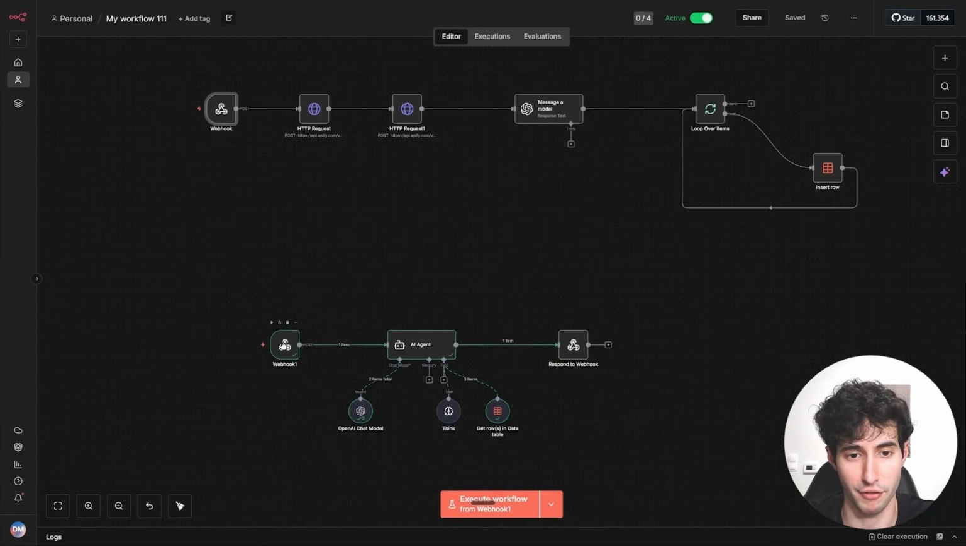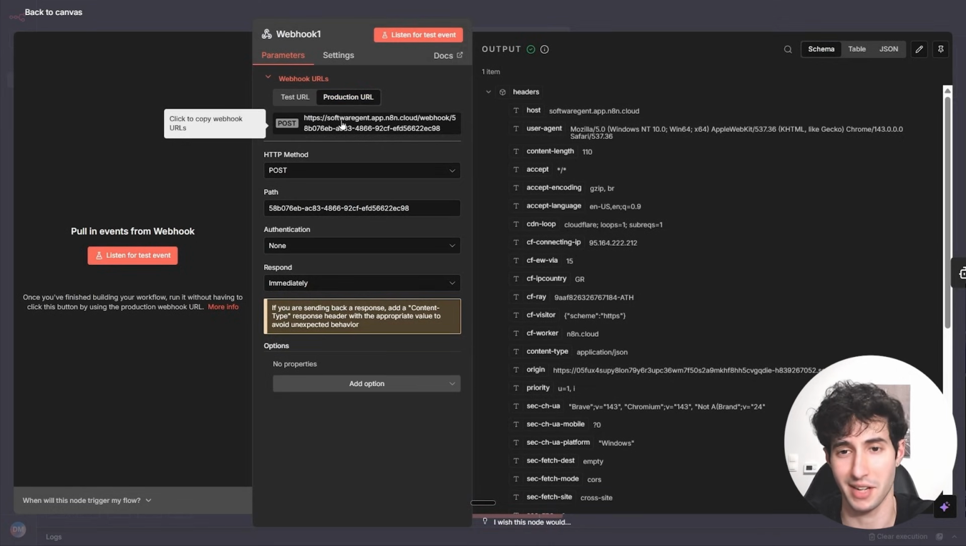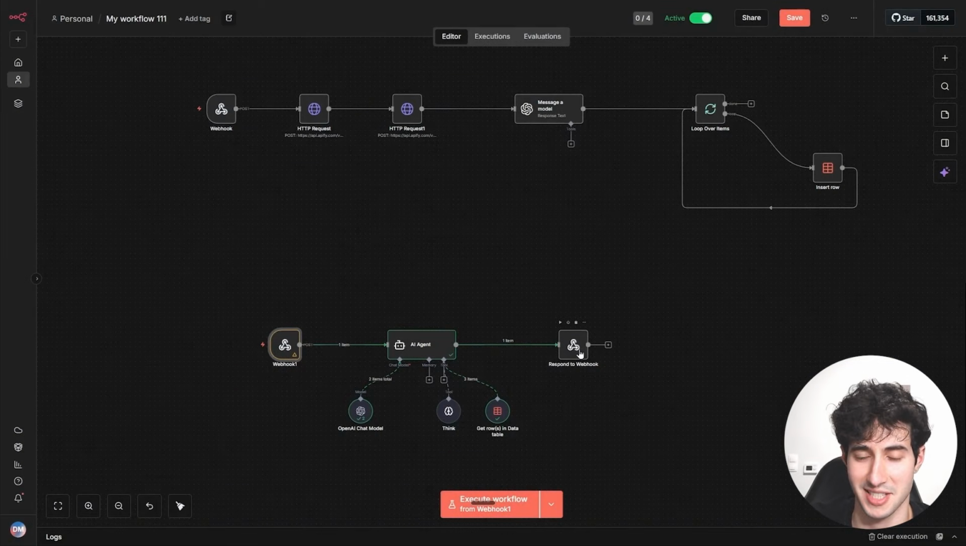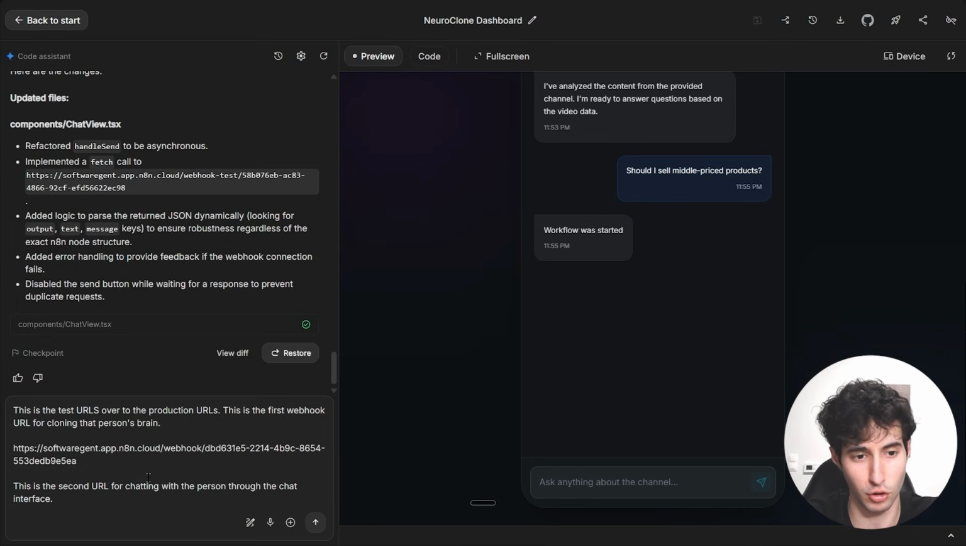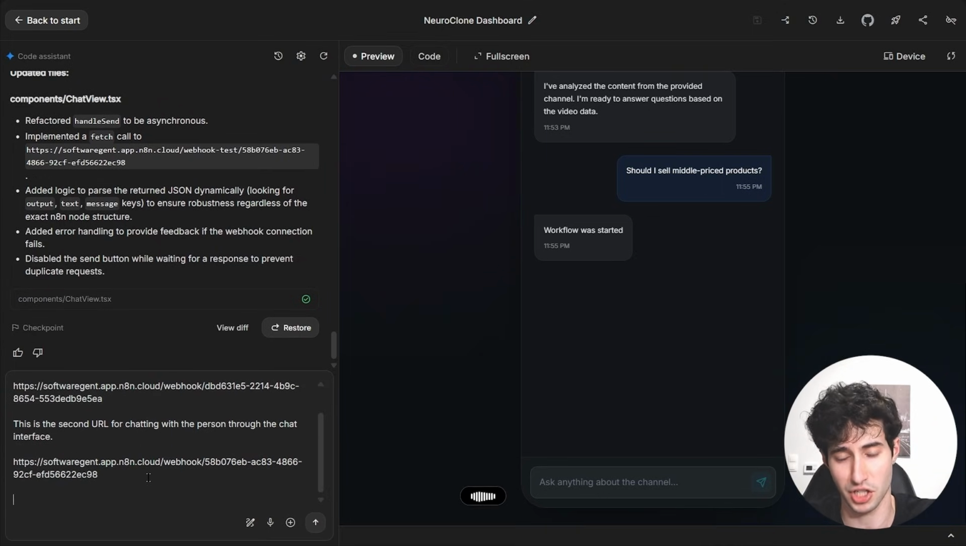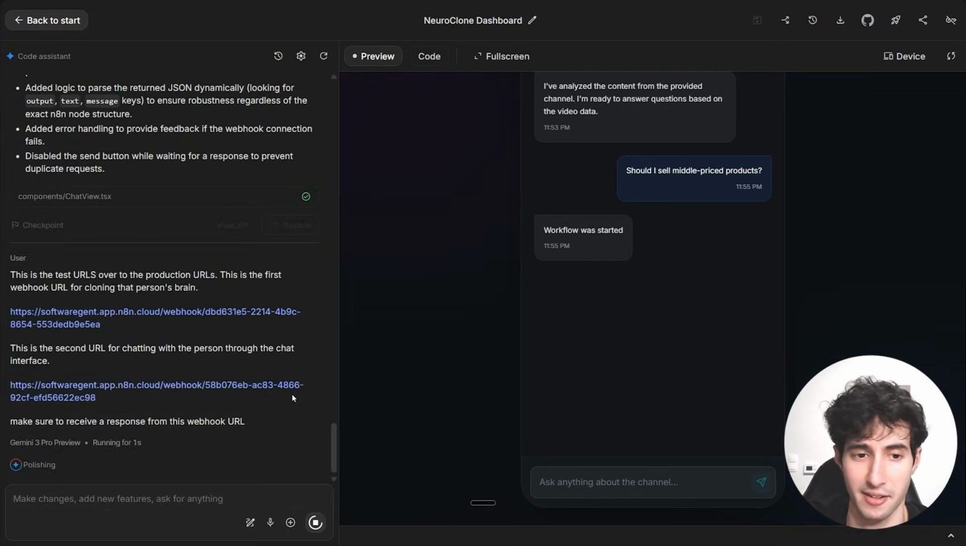And now I will simply come back over to N8N, open up this webhook, and also switch over from the test URL to the production URL in this webhook as well. So I will simply make sure I click on it to copy it. And I will also come over here in the respond parameter and change it from immediately to using a respond to webhook node, because if we don't make this change, this respond to webhook node is not going to work. So make sure you also make that change, and you come over here and click on save. And now we can come back over to Google AI Studio, simply paste in a webhook URL, and I will also say make sure you expect to receive a response from this webhook URL. And now I will simply come over here and click on enter. So Gemini 3 goes and makes these final changes